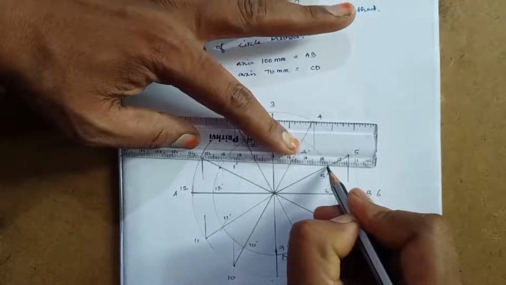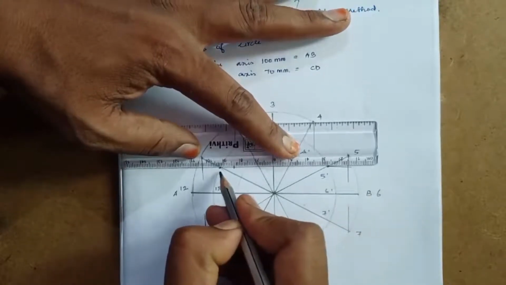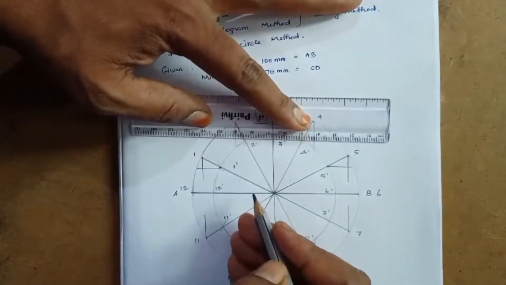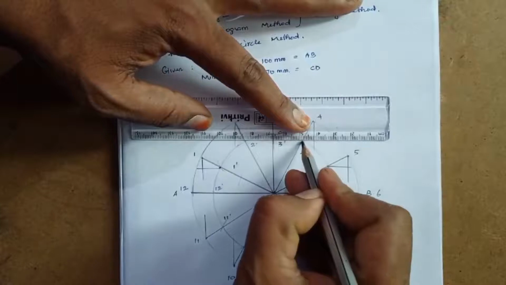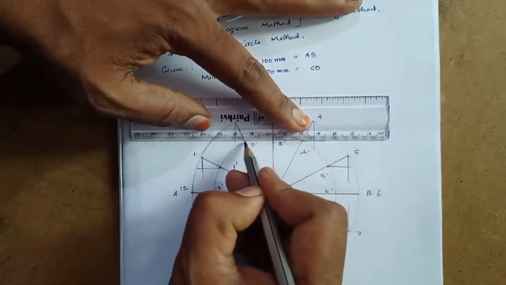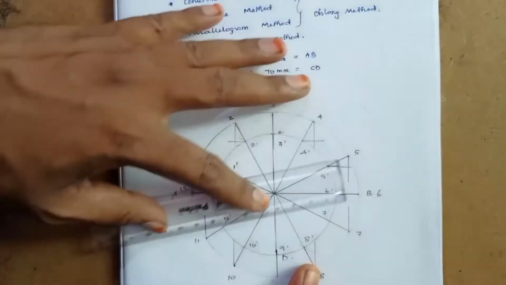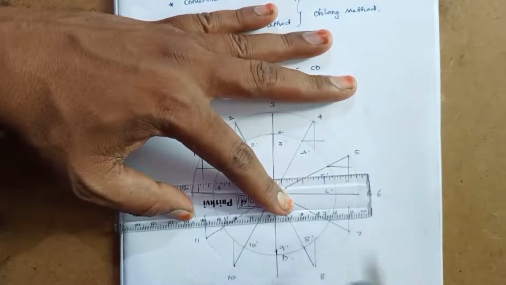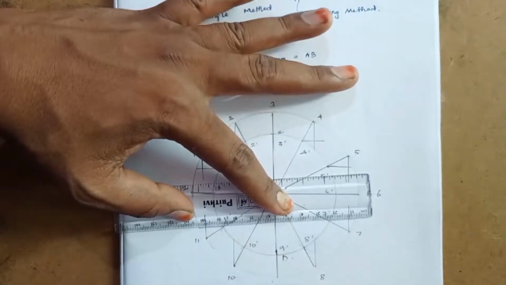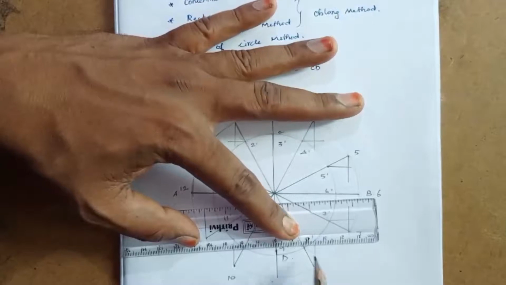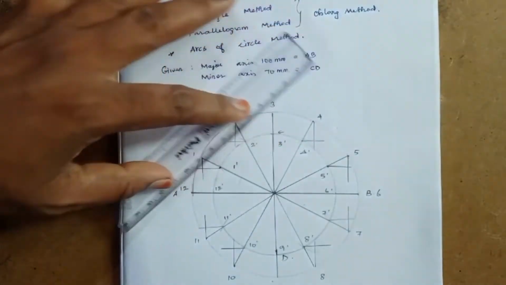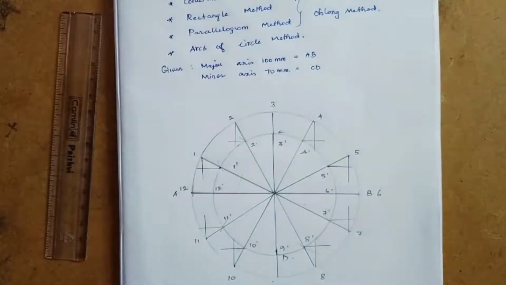Draw the horizontal lines. Place the scale like this and draw the horizontal lines. If you want, you can place it simultaneously on both sides. Again here also, move to the bottom, below the line AB, and draw the horizontal lines. Move the scale and draw the horizontal lines at each and every point. Now the horizontal lines, which are parallel to the major axis, have been drawn.